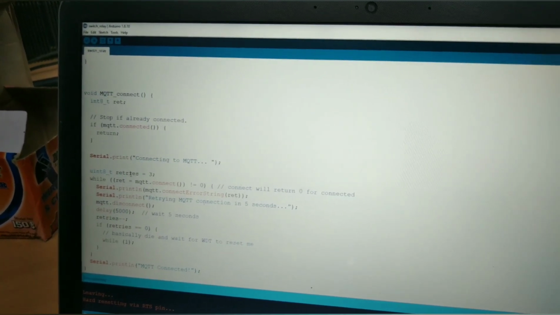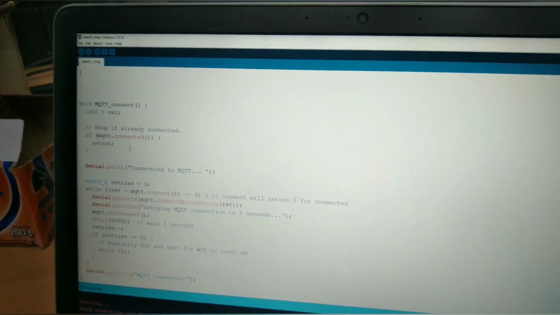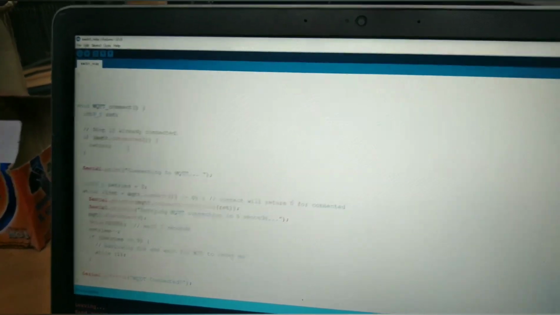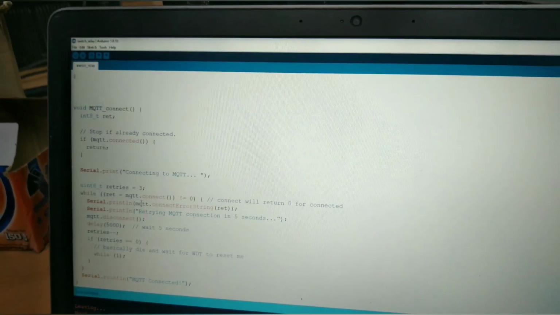If the MQTT connection is stopped, we will handle it. So this is the code, and we will upload this here. Verify first. We will verify it.